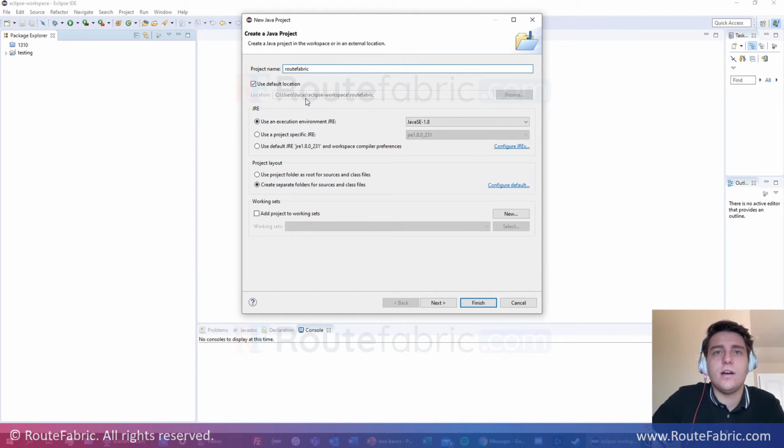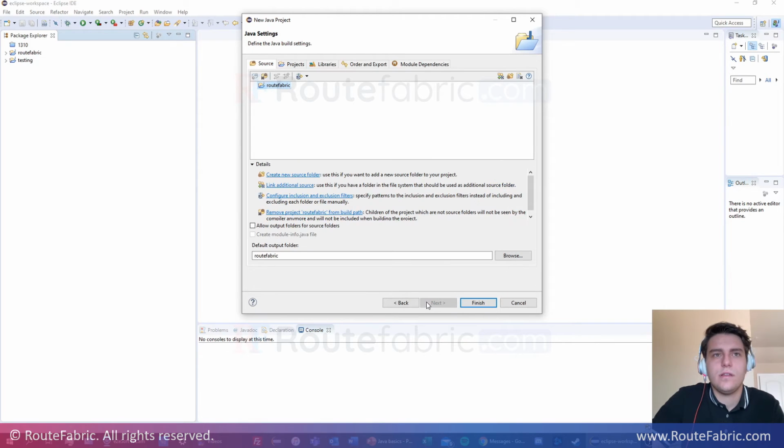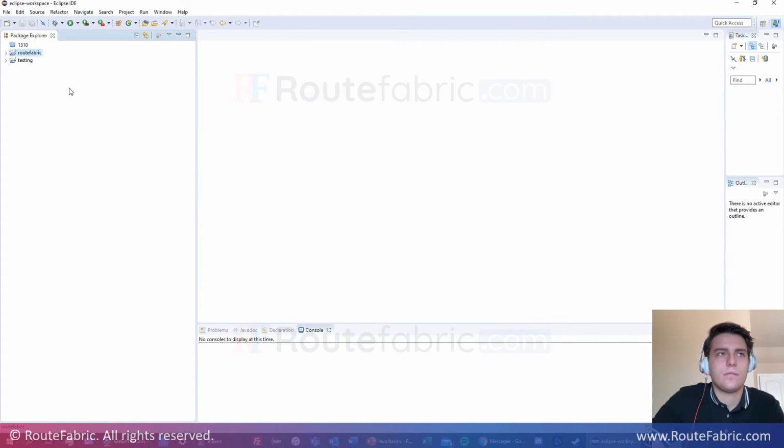And then we don't really need to worry about any of this. I will be checking this window: Use project folder as root for sources and class files. This, I think, just makes a little bit more sense to me. All right, and we'll click next, and this is fine. All right, so if we open up our new project, this